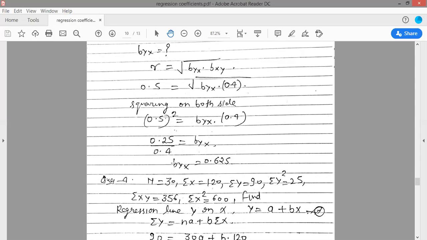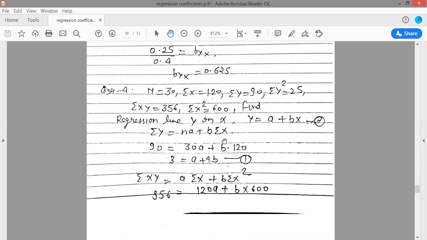I just want to tell you one thing: this question has a very small solution. This is a 2 marks question, right? There will be 2 marks questions in your final semester exam, and 8 marks questions and 16 marks questions, right? Each section carries 16 marks, right? And the first question, which will be compulsory, carries 2 marks questions, right?